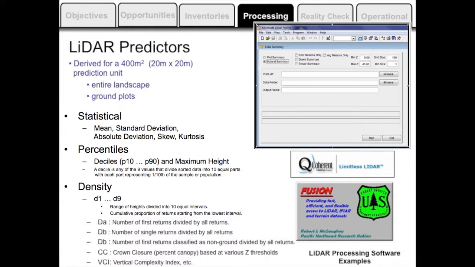The other piece of software that we leverage is QCoherent LP360. It's basically an extension that goes into ArcGIS, and you can throw raw LAS data at it in your ArcMap, and you can do all kinds of filtering and classification and exporting into ASCII or shapefiles, whatever you want to do.